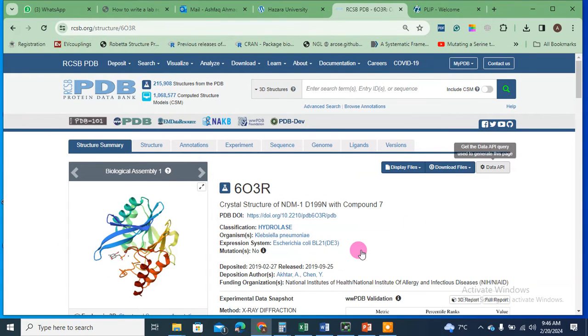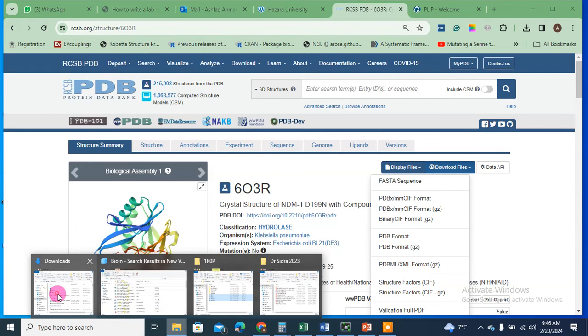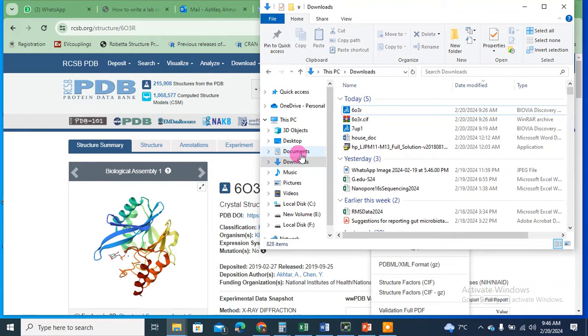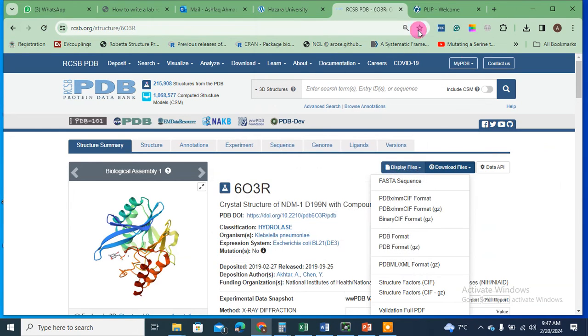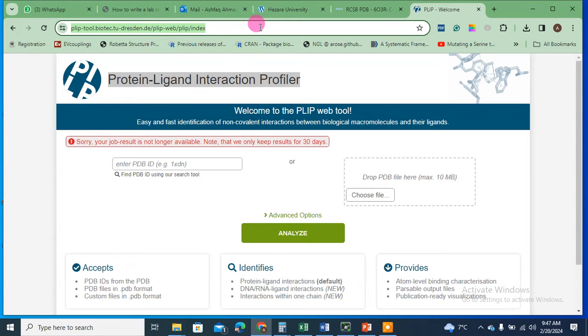Okay, this is the structure. Then here you can see the download file option. Just click here and then click this one, PDB format. Once you click here, the structure will be downloaded into your download folder. Here it is. Now the second thing is you have to write down PLIP